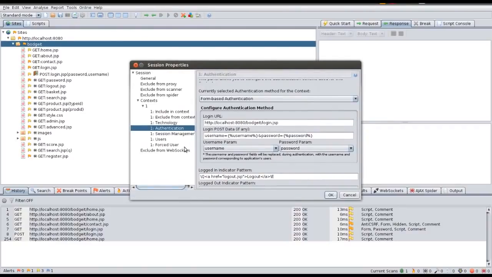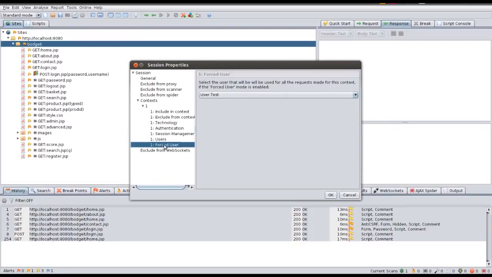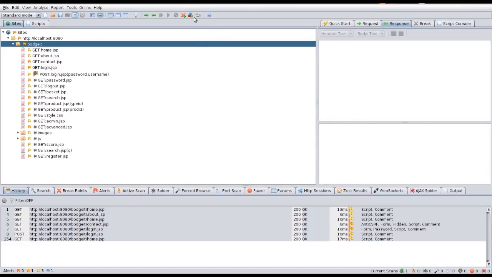The setting for this is also in the session properties. There is a forced user tab, and here you can select the existing configured users. I'm going to select the test user for now, and to enable the mode, you can just right click on this button right here, and right now every request that we are sending will be sent from the perspective of the